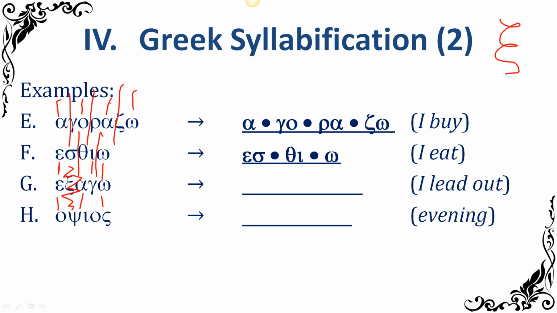All right, and then the next vowel is the alpha. We already know it's going to get part of the xi. It's going to get the sigma side of it. But the real question isn't what comes in front of it. The real question is always what comes after it. Is the alpha going to get that gamma that comes afterwards?